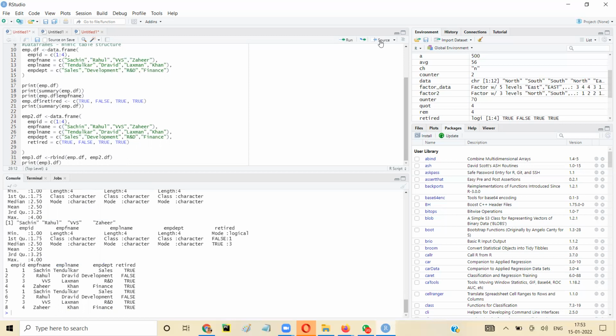Okay, now you see that it has clubbed them together. This is how you can join two different data frames. Okay, now let's say you have to perform